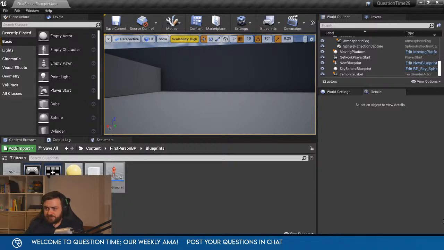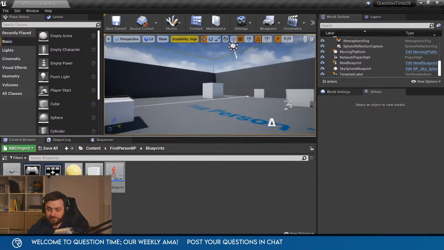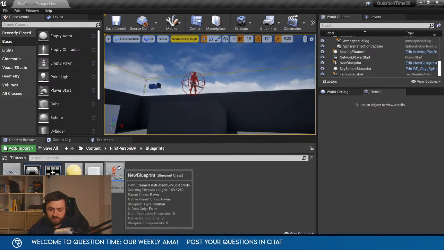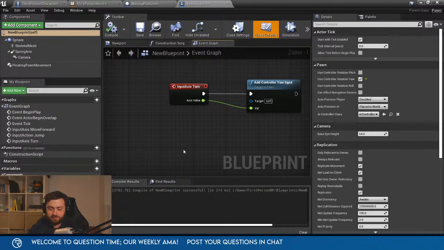Vlad, is it possible to do motion blur for a number of seconds and then revert back to normal? So motion blur is a post process, so you can just turn the post process off and on. So let's say on this character here, if I push the 1 key,